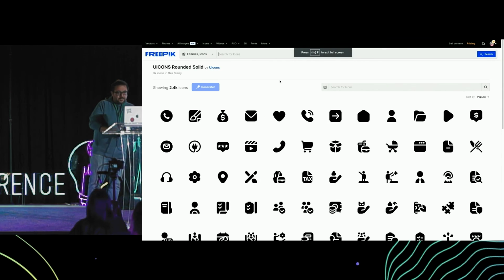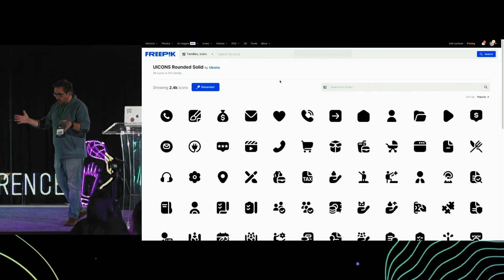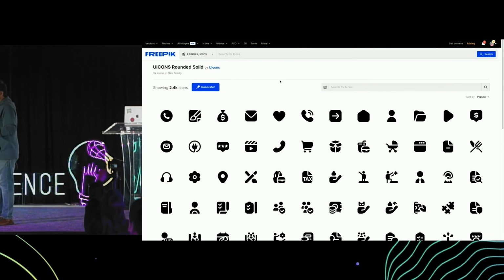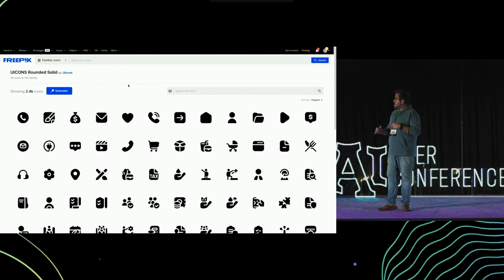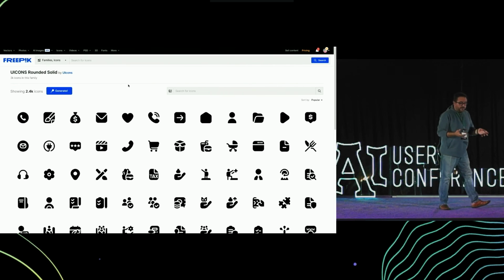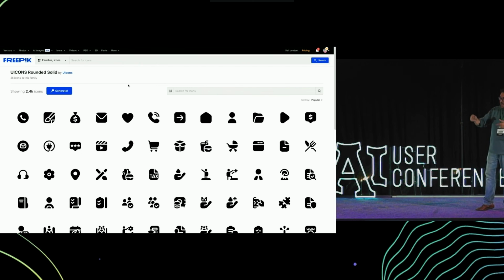So if you work in design, especially UI design, you may have encountered this situation where you go to a website like Freepik or Flat Icon or different websites that offer families of icons, right? And it's okay, this is the one I want, this is the one I'm going to use in my project, and then you start working, you have all your icons there, and then suddenly there is a new concept that needs to be represented with an icon, and it's not included in the family. So what do you do now? You can either switch to a different family, or you need to draw the icon yourself in vectors and match the style, right?